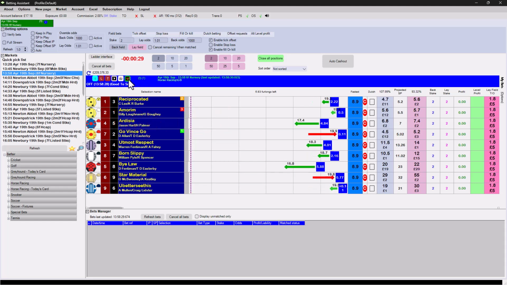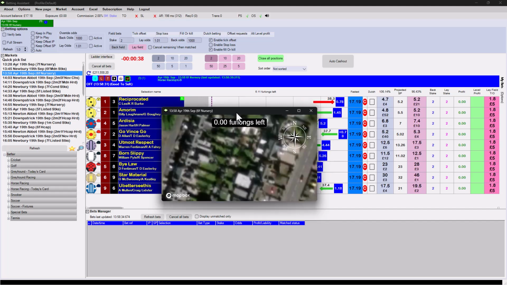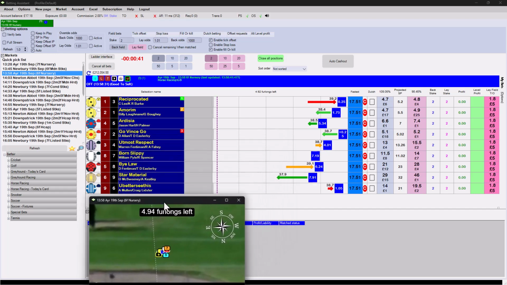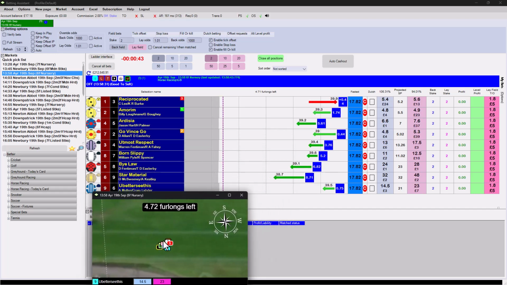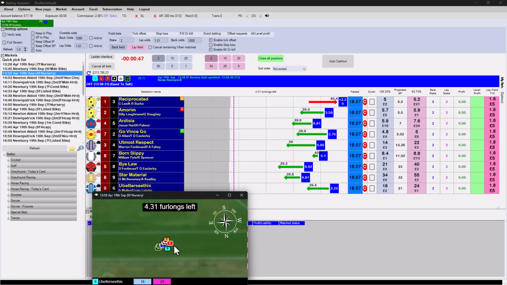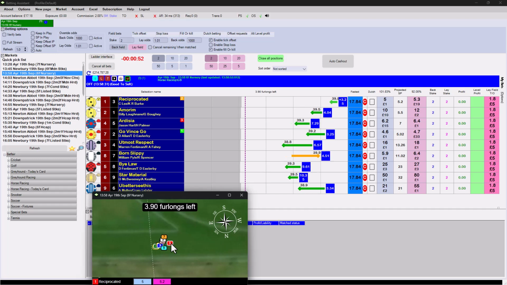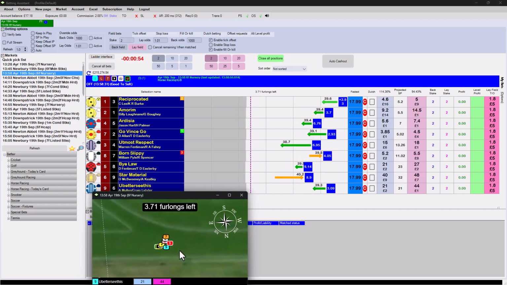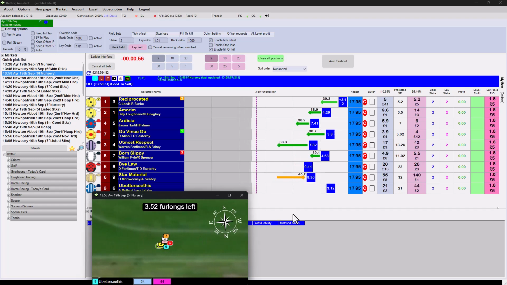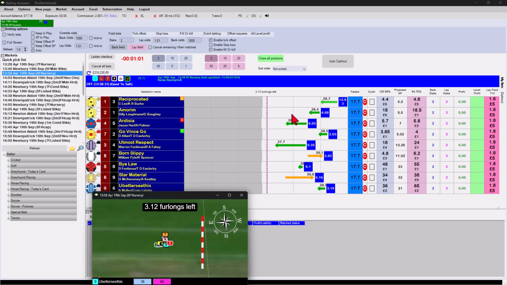Now the map is selected by right clicking on the same button, and there you can see the map image with the horses being overlaid onto this map with a number signifying each horse. So what we can see here is the progression of the race,